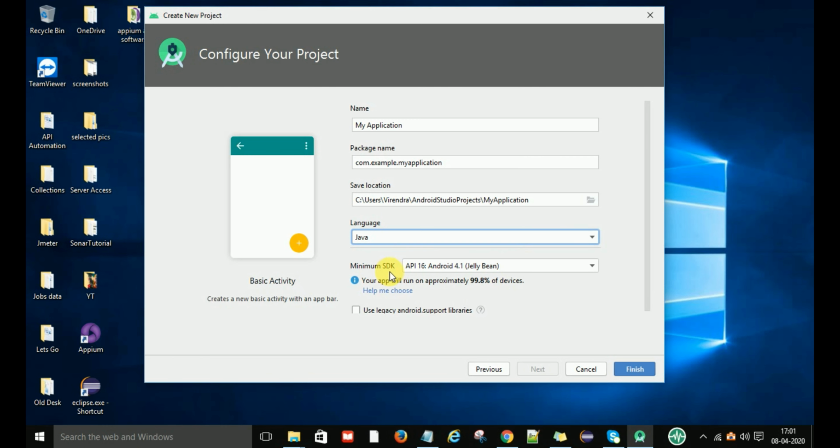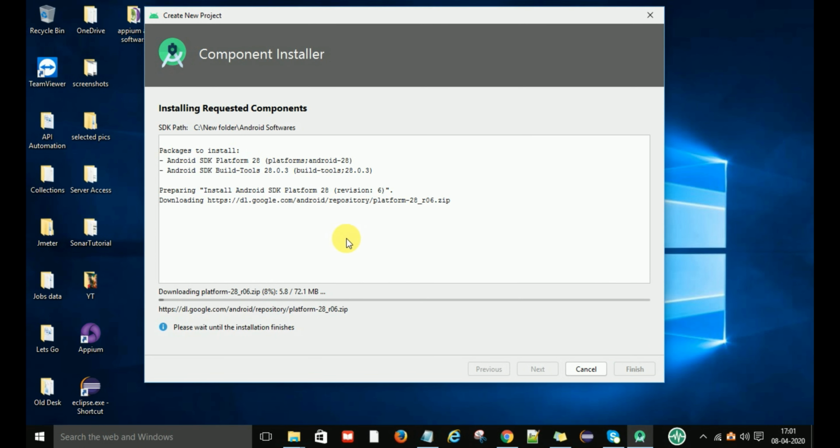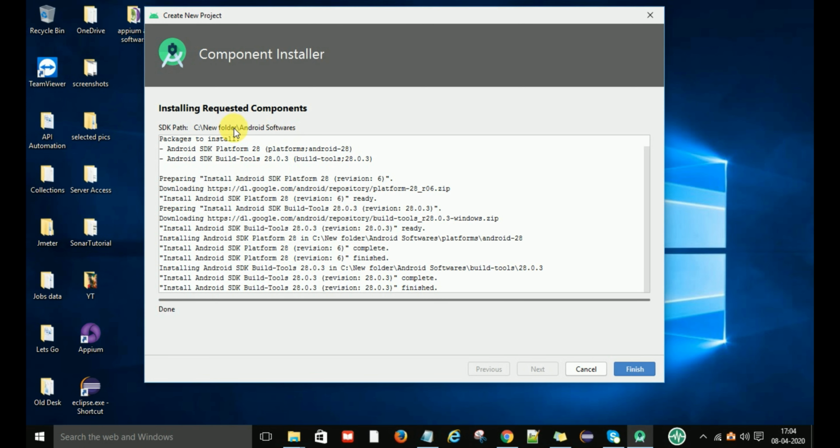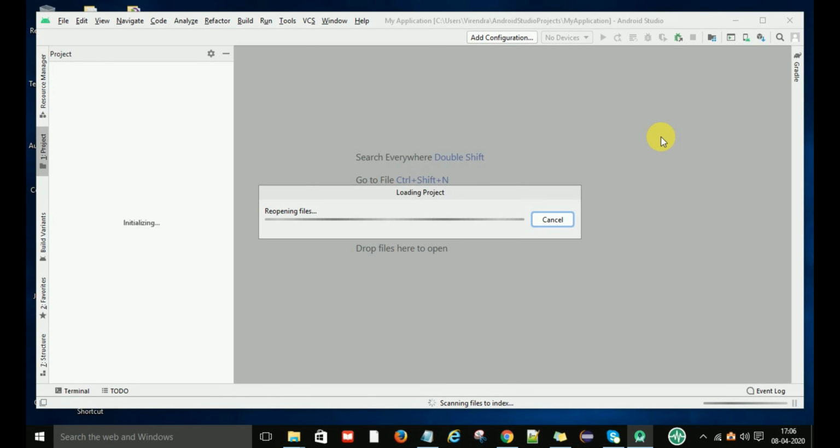And this is the minimum SDK, API 16. And okay, just finish. Now you can see all the requested components are installed successfully, and then we will go to the next step, the project. And then from here we are going to